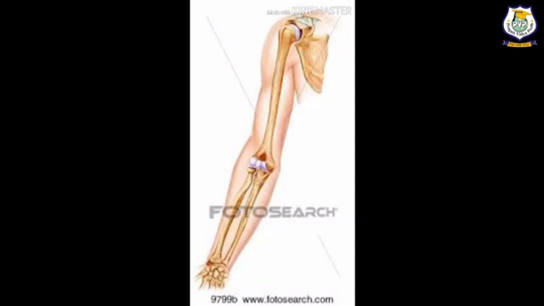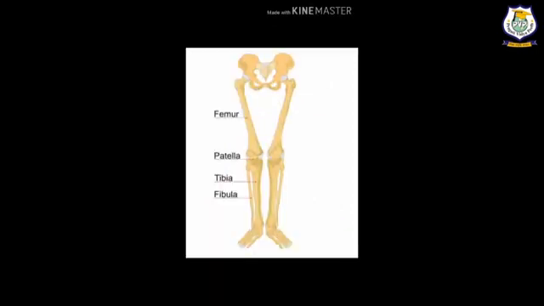Hind limbs. The hind limbs or legs also have 3 bones. Femur or the thigh bone is the longest bone in the body. Remember this. Femur, which is also known as thigh bone, is the longest bone in the body. The lower leg has 2 bones called tibia, which is also known as shin bone, and fibula, which is also known as calf. The ankle and toes have many small bones.